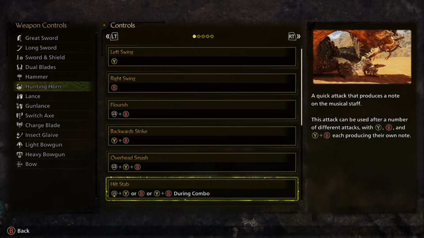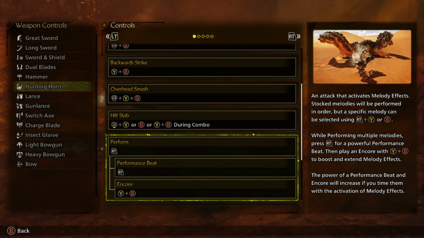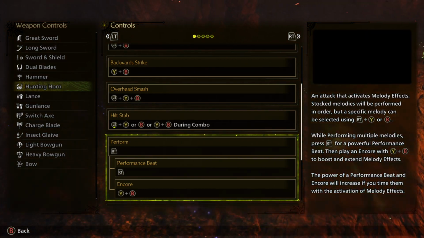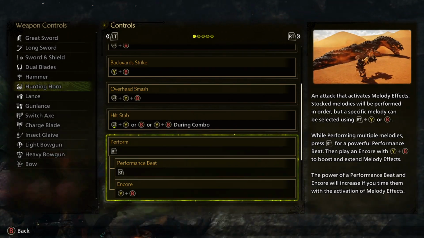Flourish, bunch of stuff, hilt stab. The hilt stab I'm not going to make use of because I'm bad, and it would take too much attention, and I'm not very good at that. Like, move back and combo is just more difficult than just W plus attack. It's not on a keyboard, but...